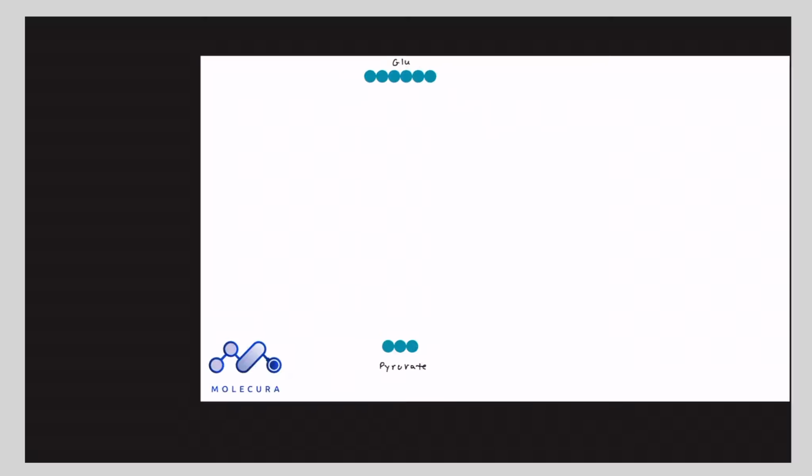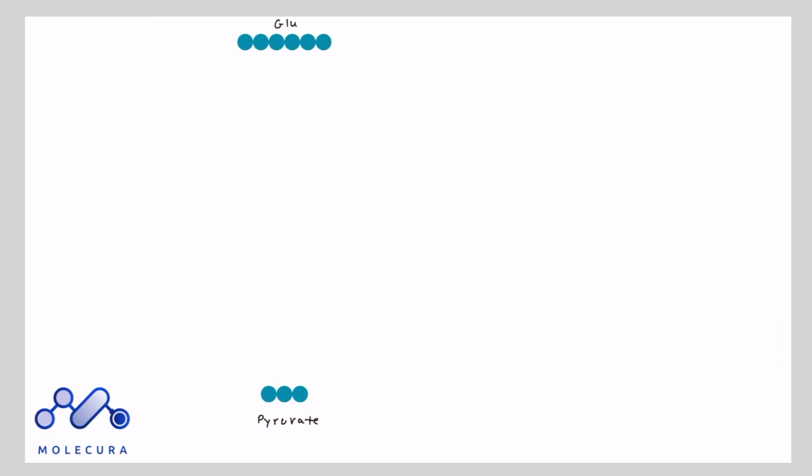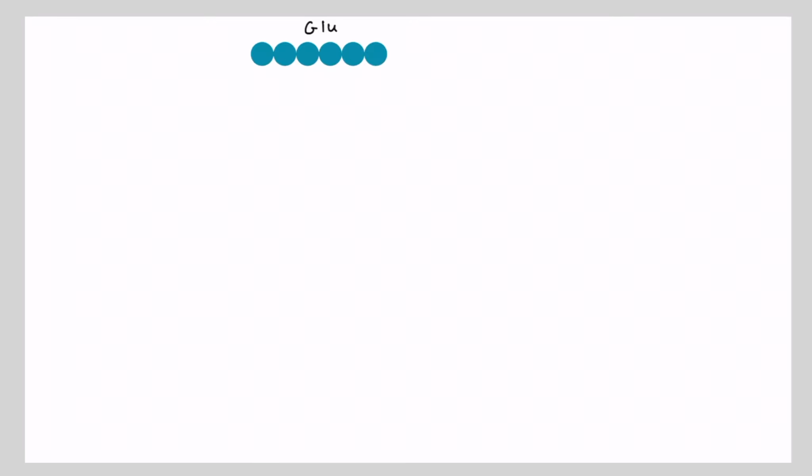So in our glycolysis, we said that we start with the glucose. This is our glucose, and we end our glycolysis with pyruvate. Now, there are a couple of reactions that happen, which is going to be important, and I'm going to be talking about it now. The first few reactions, I'm not going to write them in details since we already have a video on glycolysis. So there are a couple of reactions that happen to glucose, and we end up with a molecule that we call